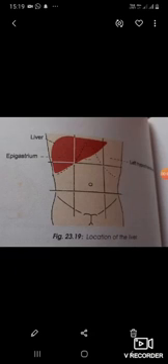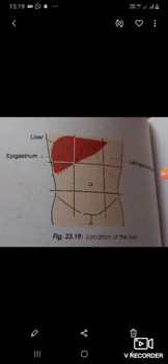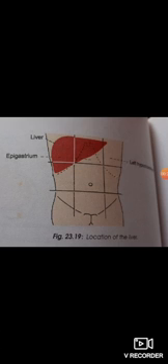Good morning. Today we are going to learn the important soft organ that is liver. The liver is a large solid gland situated in the right upper quadrant of the abdominal cavity. In the living subject, the liver is reddish brown in color, soft in consistency and very friable. It weighs about 600 grams in male and about 1300 grams in female.